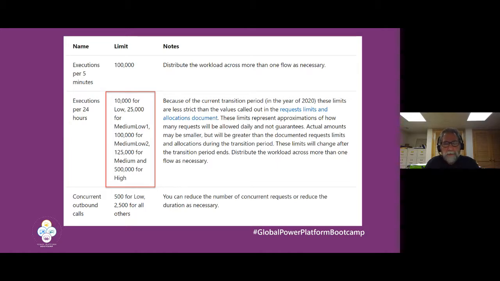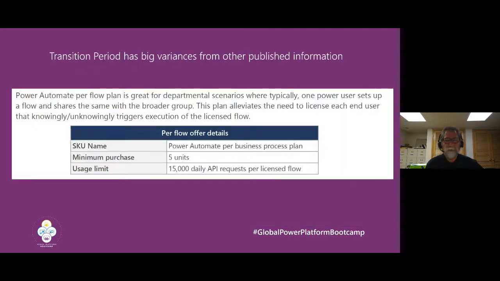The reality is even this explanation document that they have here, on the back end they're not really following either. Even though it says 100,000 for medium, low 2, which is 5 times the allowed licensed entitlement of 20,000, they're actually not starting to pay attention until almost 10 times that amount, or 200,000 API calls per 24-hour period. So if we go over here to the next screen, we're going to see here that the license